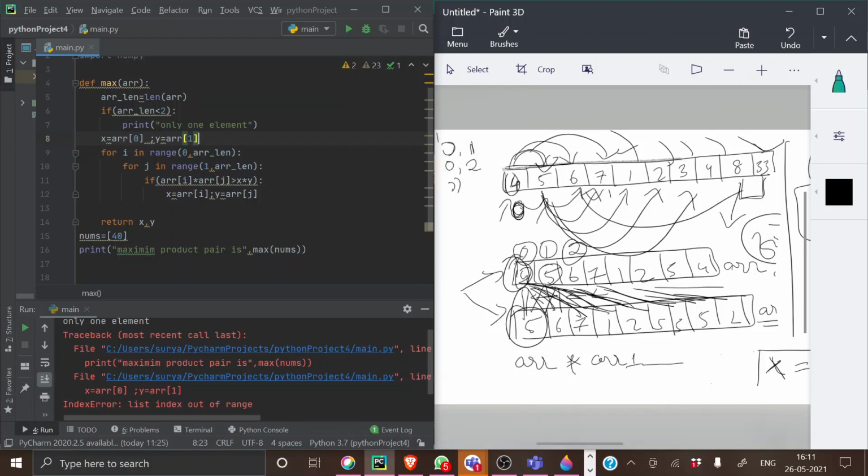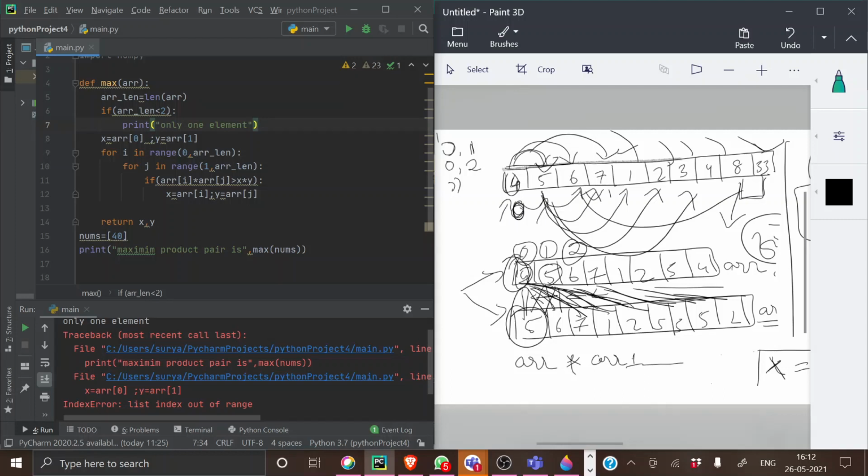If it does not exist, then how can you assign it to y? arr1 does not contain any value, but you are assigning it to y. If you just comment out y equal to arr1 and then run it, I guess it will run.